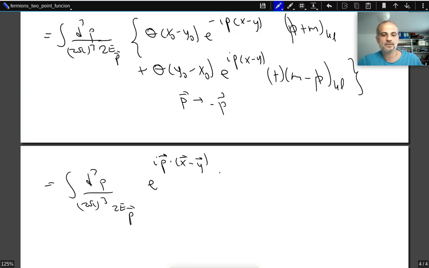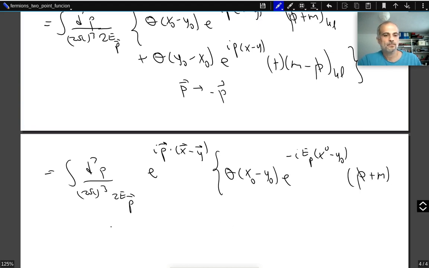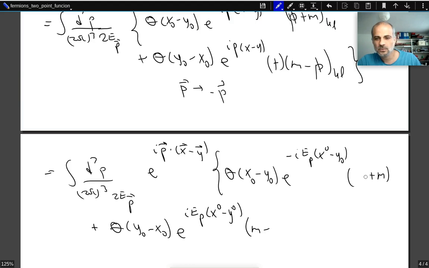Inside I have theta of x0 minus y0 times e to the power minus i E of p (x0 minus y0) times (p slash plus m), plus theta of y0 minus x0 e to the power i E of p (x0 minus y0) times (m minus, let me rewrite this also as m